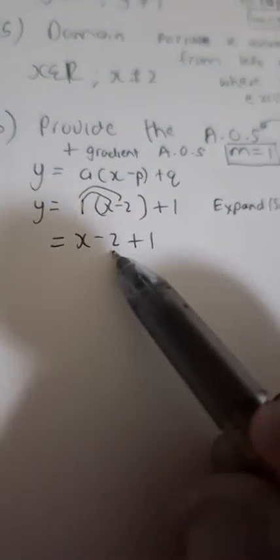Then you take the constant value plus 1, you come and replace it with the q. And then after that, all you do is you expand or simplify, as they would say. So when you simplify, remember the 1 into x minus 2 simply means you distribute the 1 into the x and the negative 2, you get x minus 2. And then this constant term is there to be added to the negative 2, the constant. Then all you simply get, minus 2 plus 1,